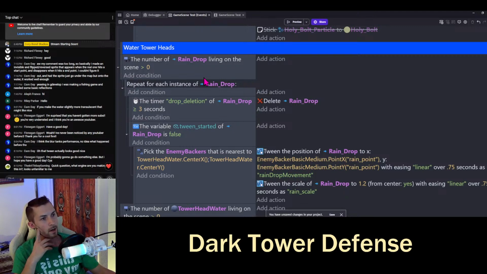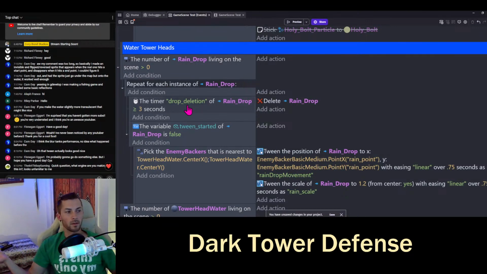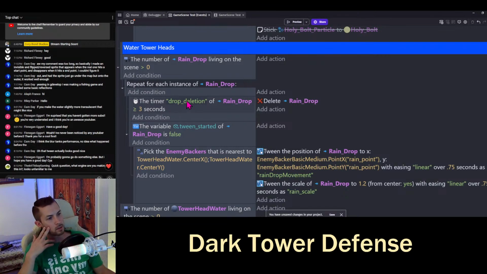So now let's look at the logic. If the number of raindrops on the scene are greater than 0, then for each of those, if the deletion timer is greater than or equal to 3 seconds,